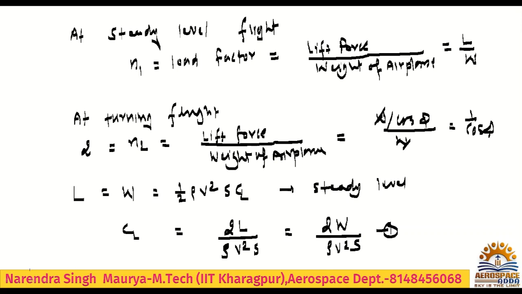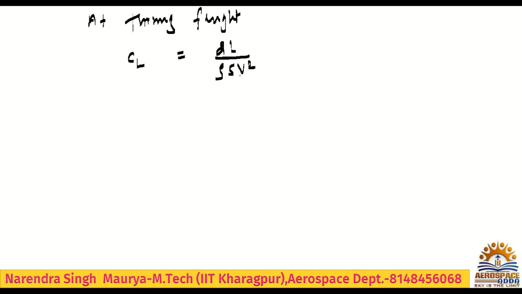All right. Now at turning flight, what will be the CL? So that CL, if you write, it is nothing but 2L divided by rho S V square, okay, is equal to, if you write L in terms of weight, so